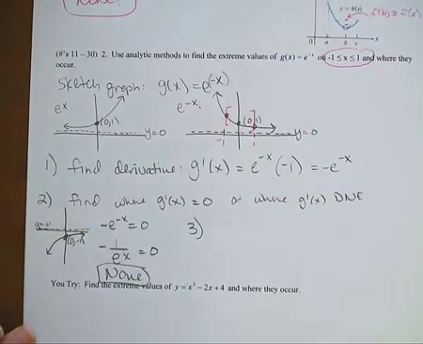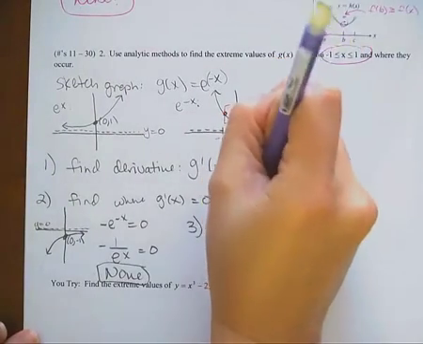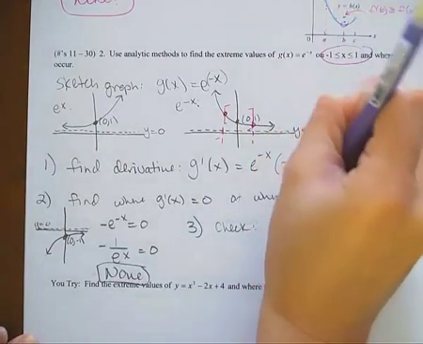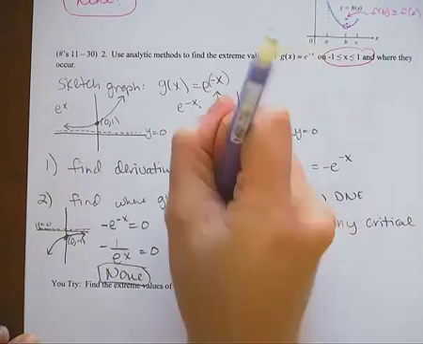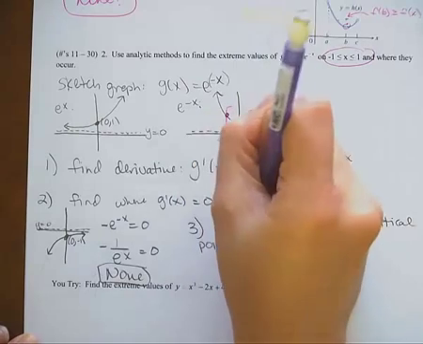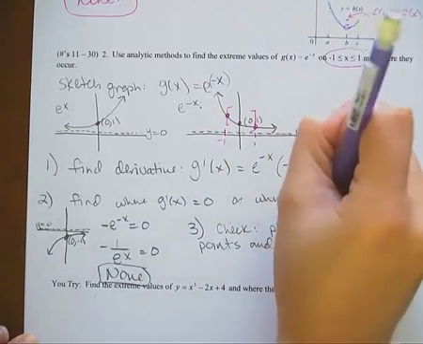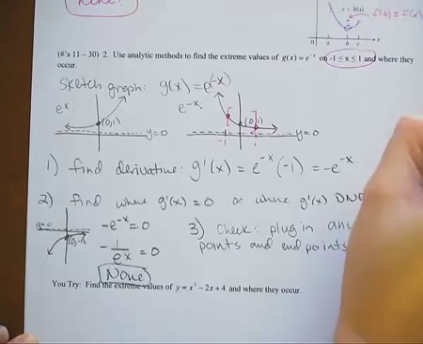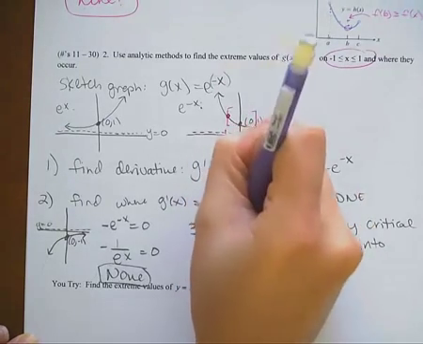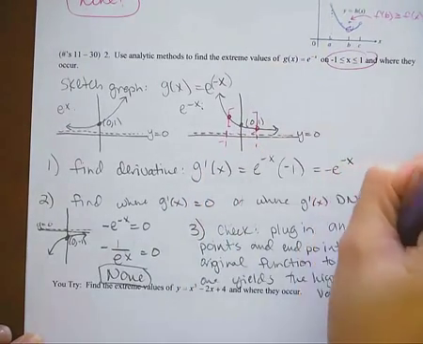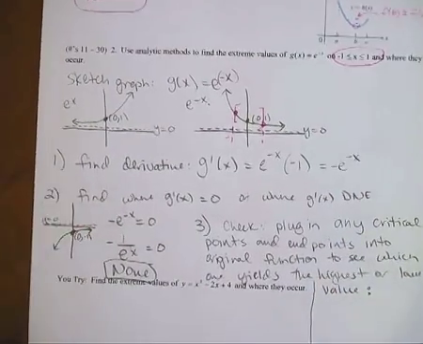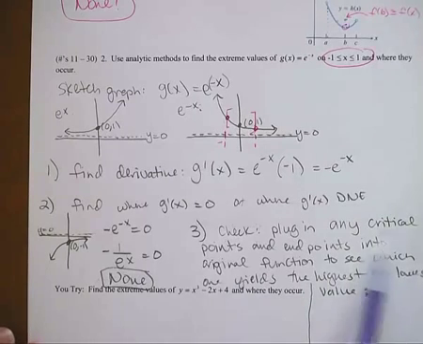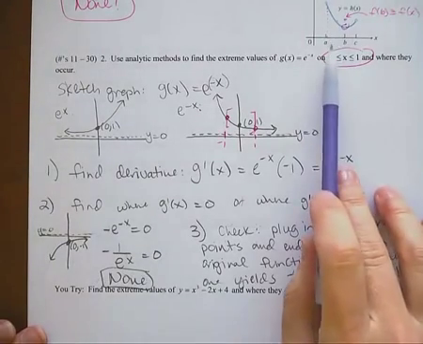Okay, so step 3 is you plug in any critical points you may have found, which we didn't find any in this example, and then also your endpoints into the original function to see which one yields the highest or lowest value. Okay, so I'm running out of room, so I'm going to just block this off right here. So again, I had no critical points in this particular example. There were none. But I do have endpoints that were given to me in the beginning of the problem,